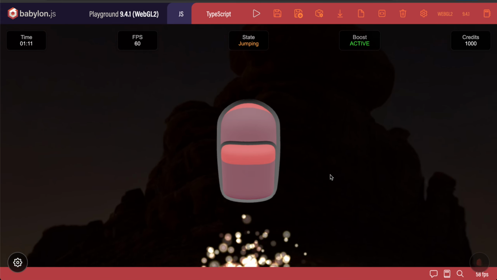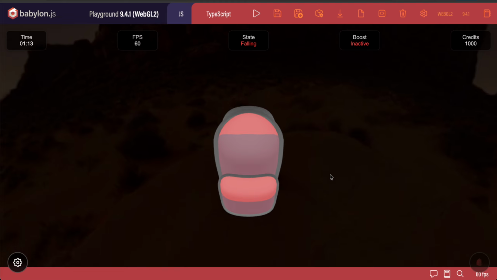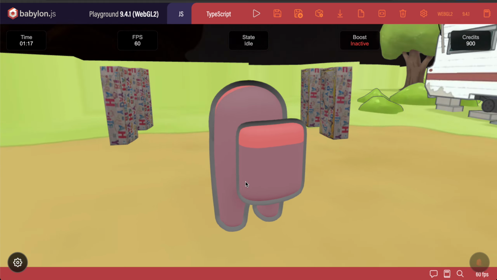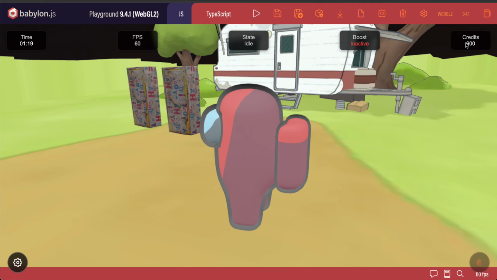So let's go ahead and jump off, and let's just see if it respawns us and takes away 100 points. Look at that. We're respawned, and look at our credits right now. Our credits are now 900, so we lost 100. So there we are. There is really what I think amounts to a wonderful feature that has been added,